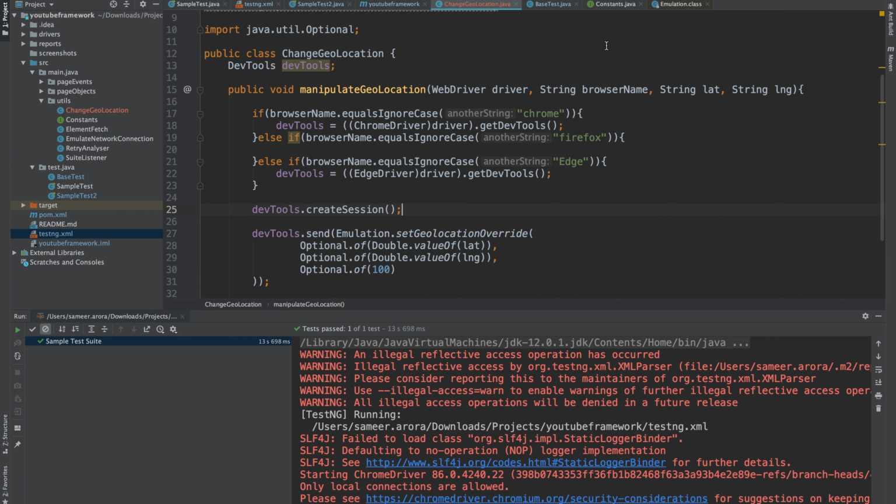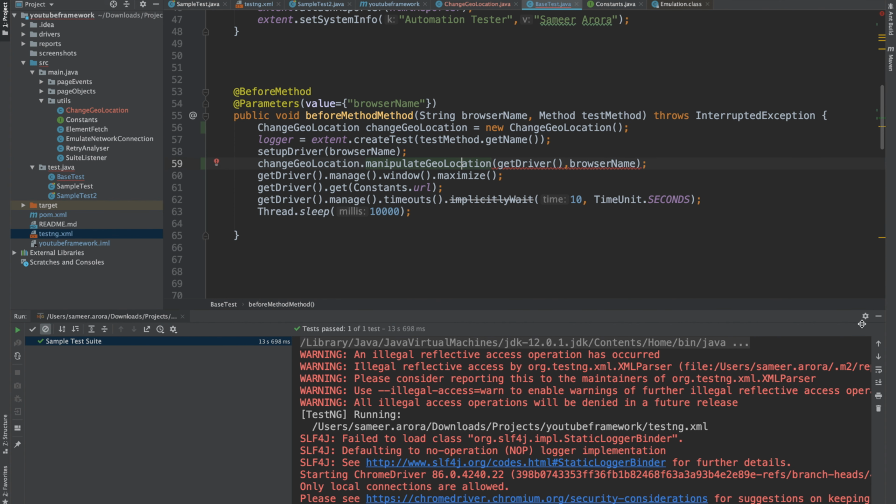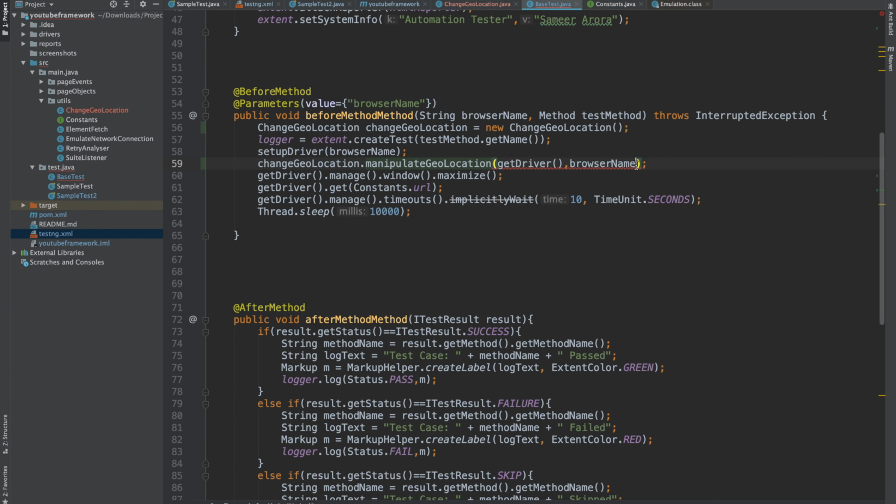And now we will be going to the base test to do the manipulations here. So this is now taking two parameters, and here also we need to send these parameters, and we will be getting these parameters from the testng file. We can do that by putting the values here using a comma.